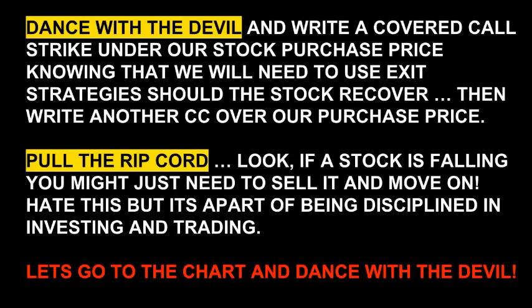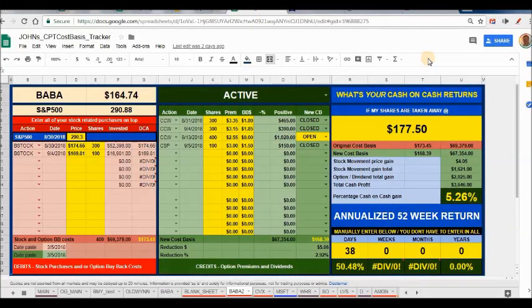Now, in the case of Alibaba, it did fall. Probably should have pulled the ripcord when it was in the low 150s, but I didn't because I just felt that the only reason it was dropping was because of the recent China war news. So look, let's go to the chart real quick and do a recap. Before we get to the chart though, let's recap where I'm at with the Alibaba trade. As you can see on the left, I bought my original shares at 174x and I wrote a covered call there in the middle.